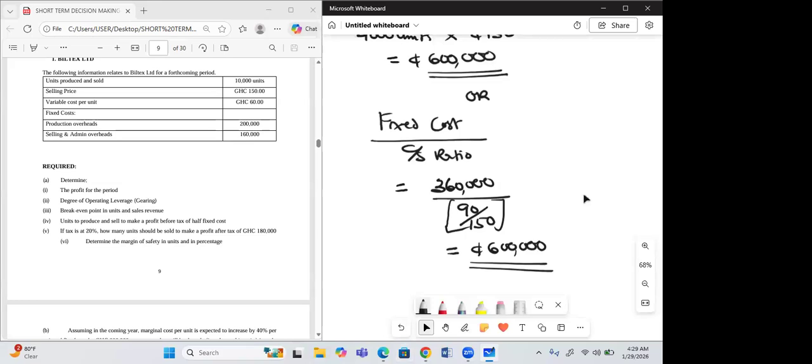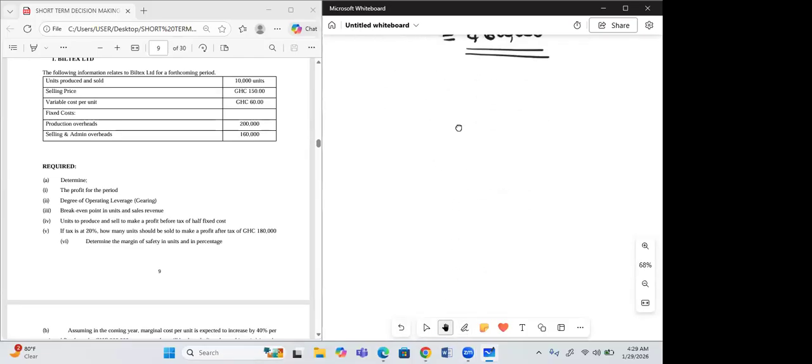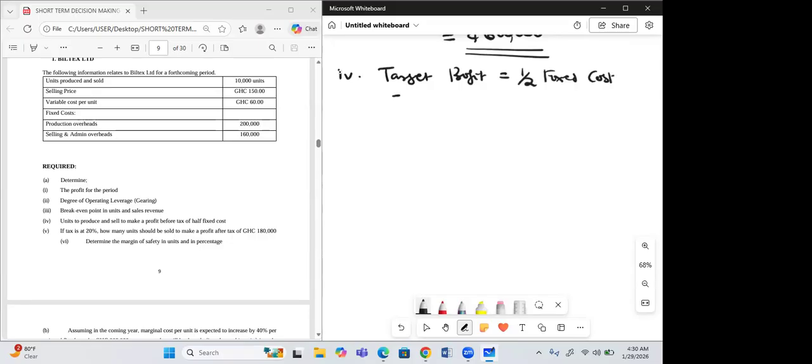Now the next part asks for the units to produce and sell to make a profit before tax of half of fixed cost. So let's look for the target profit first. The target profit, they say, is half of the fixed cost. Half of 360,000 gives you 180,000. Now the question is asking for the number of units